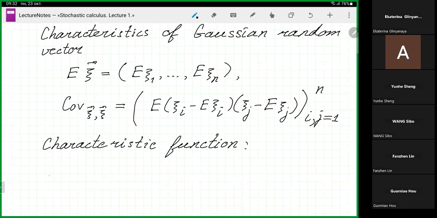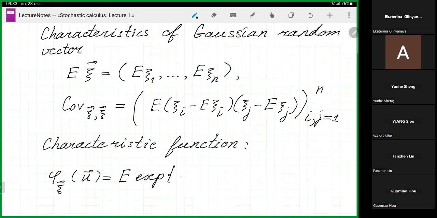It now depends on a vector-valued argument and is defined as the expectation of the exponent, E multiplied by the product psi u. We have to calculate this,